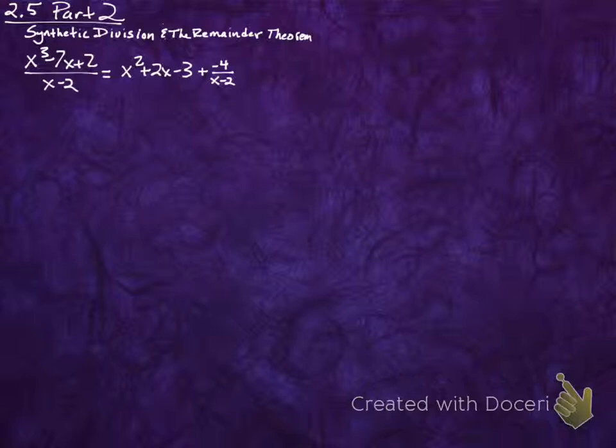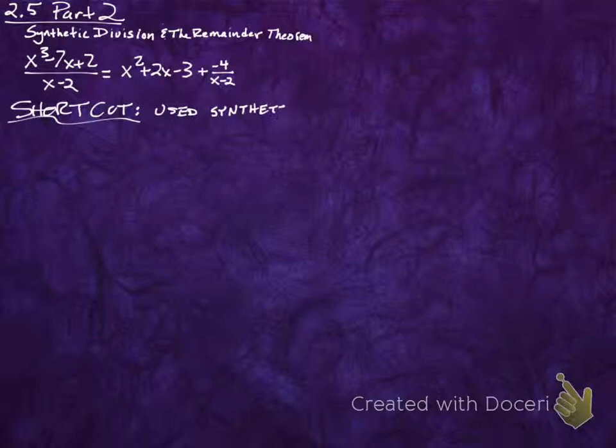Now there is a shortcut for this problem. We could have divided x minus 2 into that dividend x cubed minus 7x plus 2 in a shorter, faster way, and it's called using synthetic substitution with the zero